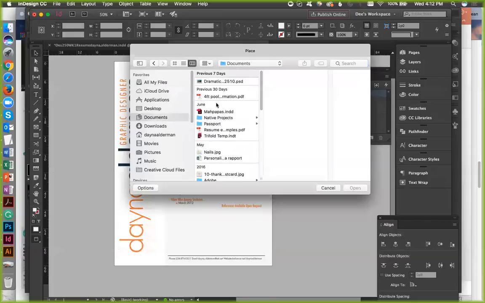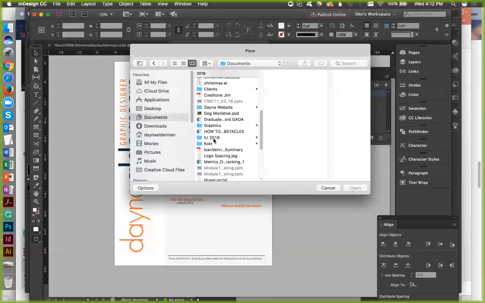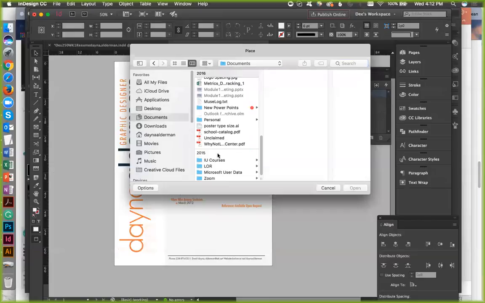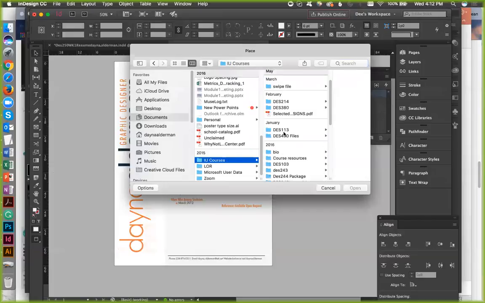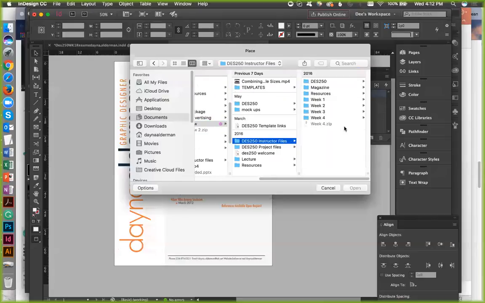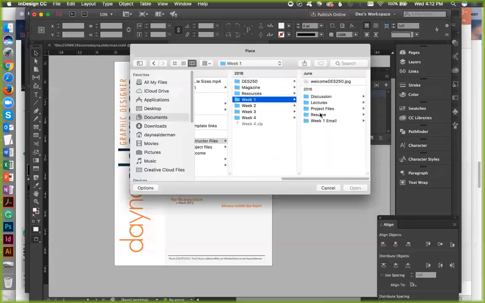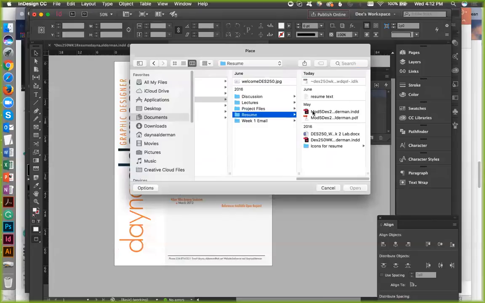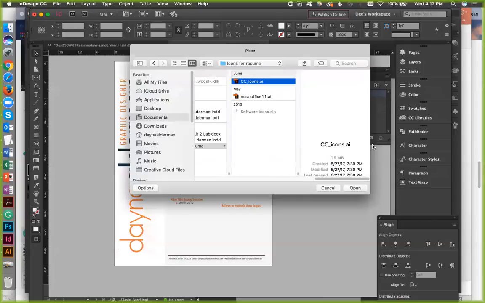I know it's in, let's do it this way. Warm, warm, warm. Icons. CC icons. And we'll do Mac icons.